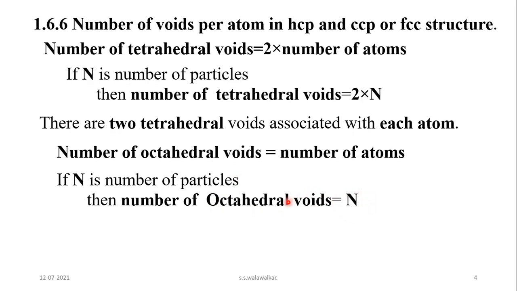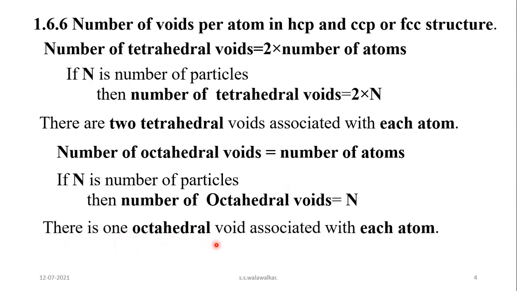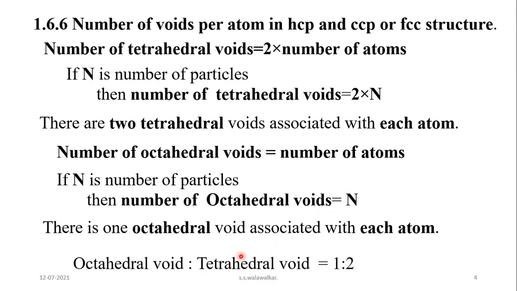जेवढे octahedral voids असतील तेवढेच number of atoms असतात. त्यामुळे नंबर ऑफ ॲटम्स देऊन तुम्हाला ऑक्टाहेड्रल व्हॉइड्स सांगा किंवा टेट्राहेड्रल व्हॉइड्स कॅल्क्युलेट करा असा क्वेश्चन तुम्हाला येऊ शकतो. So remember this relation, that is, the number of tetrahedral voids is equal to 2n and the number of octahedral voids is equal to n, where n is the number of particles. Therefore, one octahedral void is associated with each atom, and therefore the ratio of octahedral voids to tetrahedral voids is 1:2.